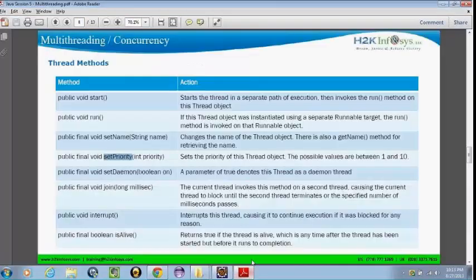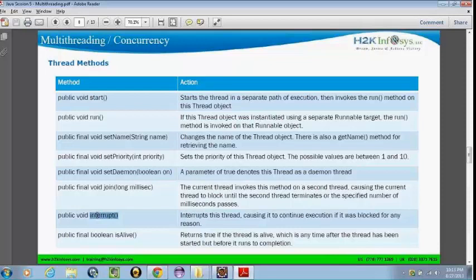And we have a method isAlive to check if a thread is alive or not. If it returns true, the thread is alive, and if it returns false, the thread is in the dead state, like the code inside the run method is completed, or the thread has finished its task.